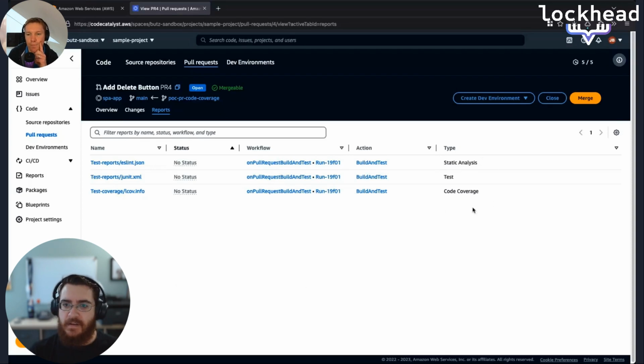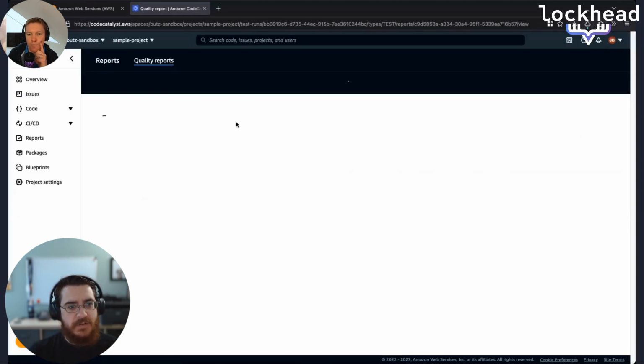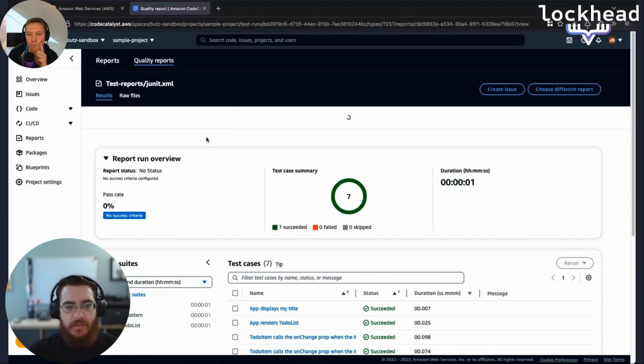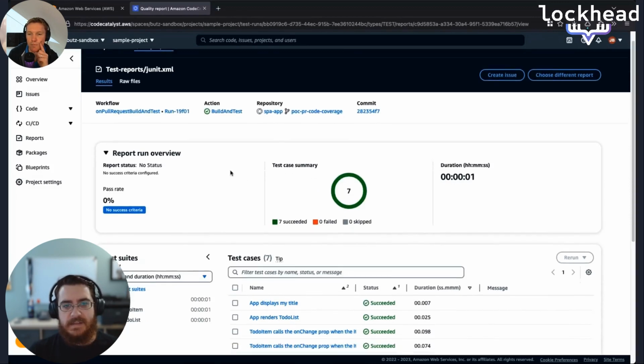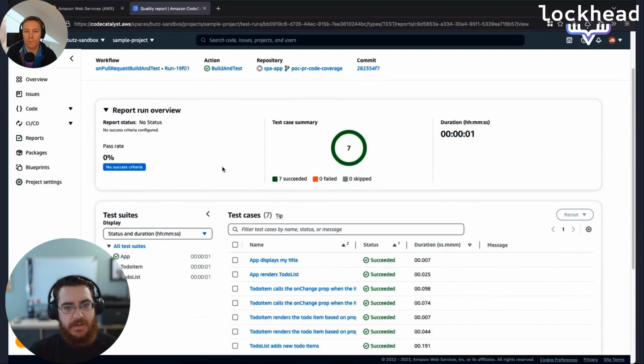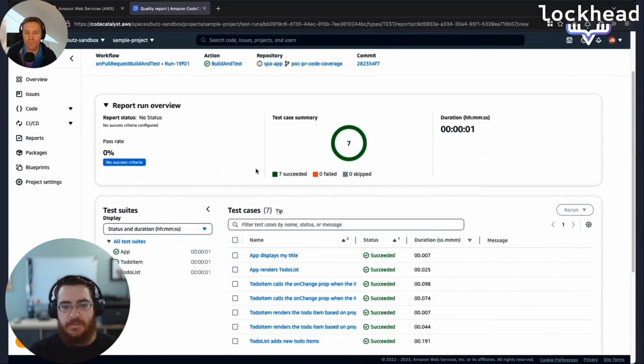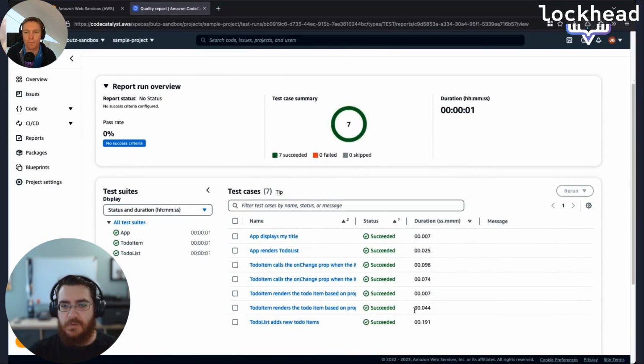Okay. And we've got 3 different types of reports over here. There's this test report, and I'll go ahead and pull this up, that shows the status of all of my different test suites and the different test cases. You can come through and see their durations. I imagine messages are mostly for when things fail. Can I see as well the